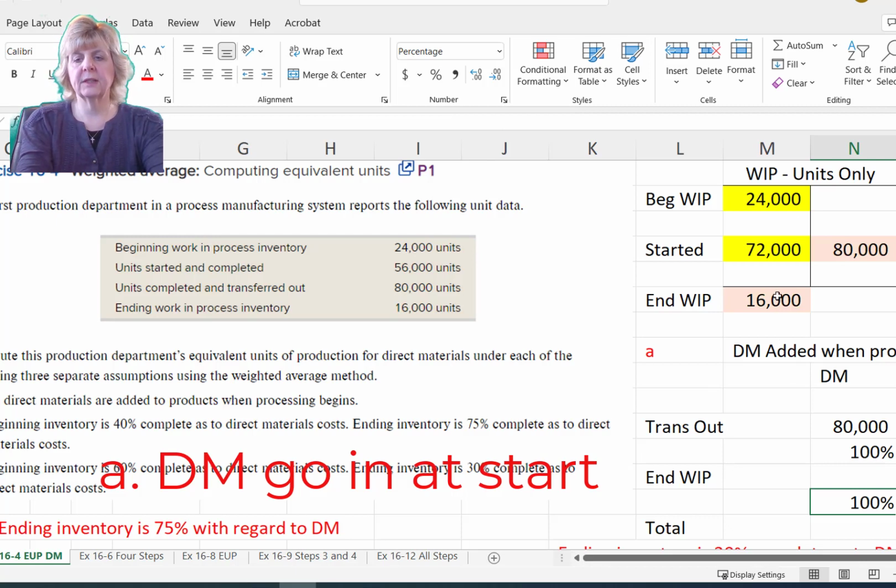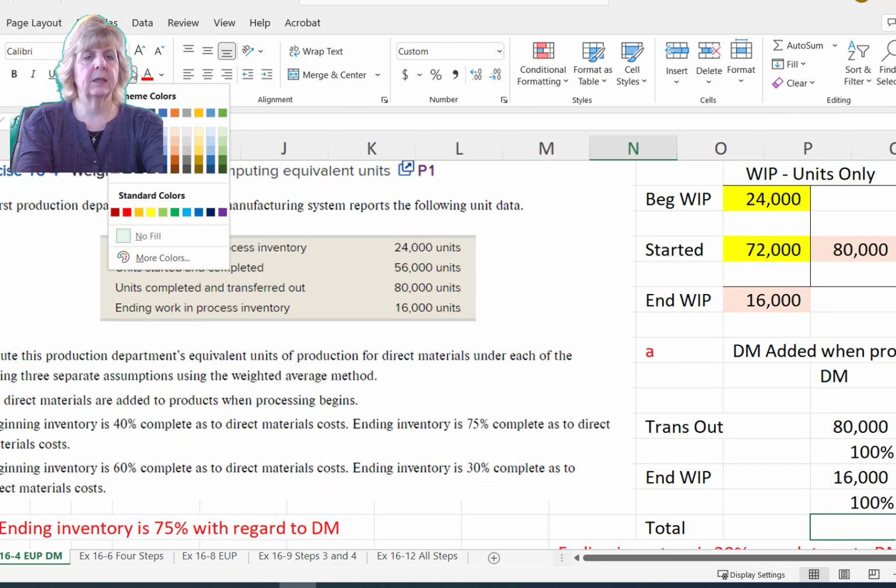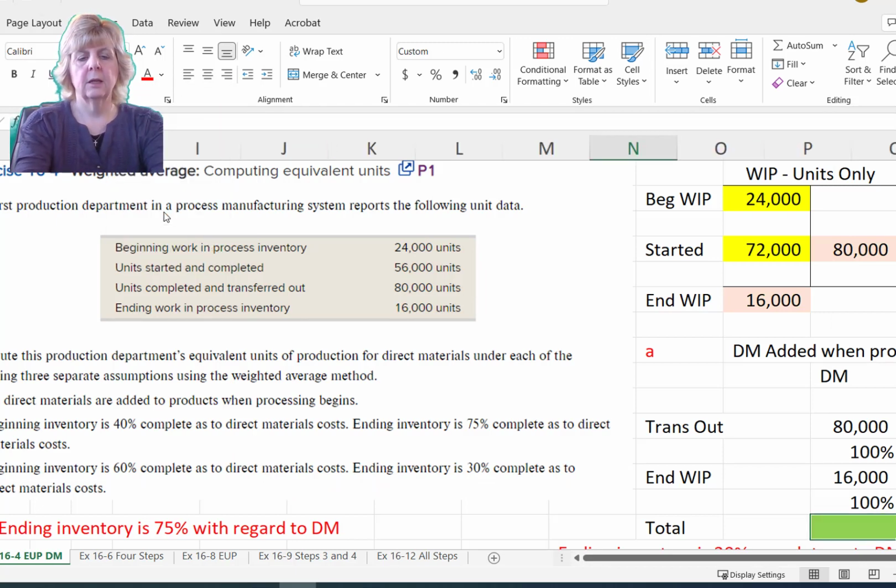So all 16,000 units hanging around in that orange WIP box also got materials. So in this case, where the materials are added at the beginning, when we foot this, we'll find that 96,000 units